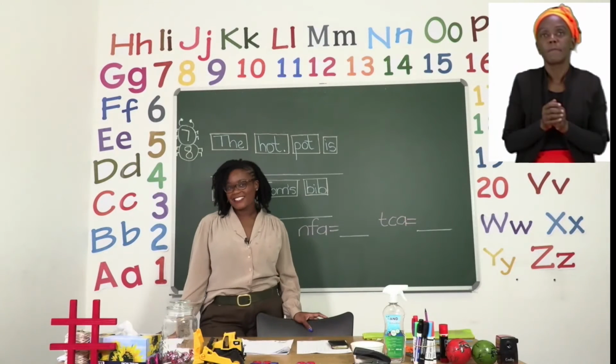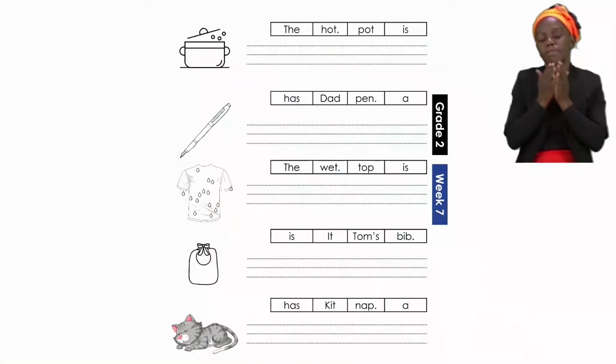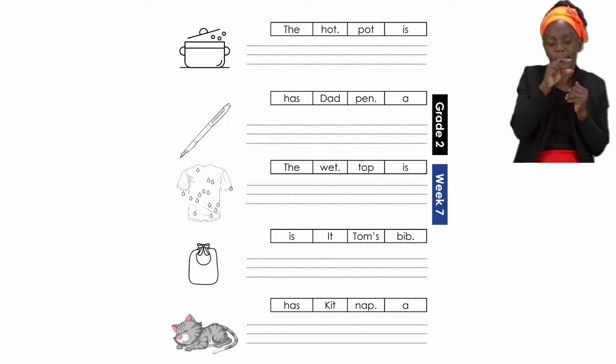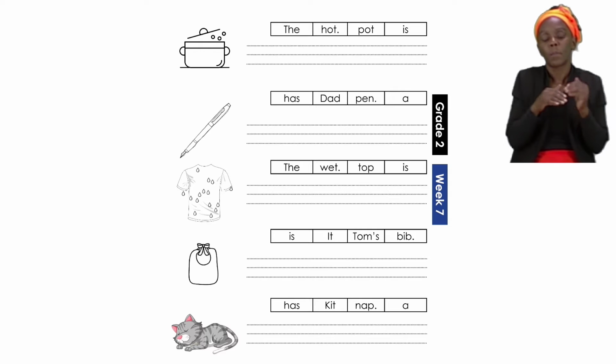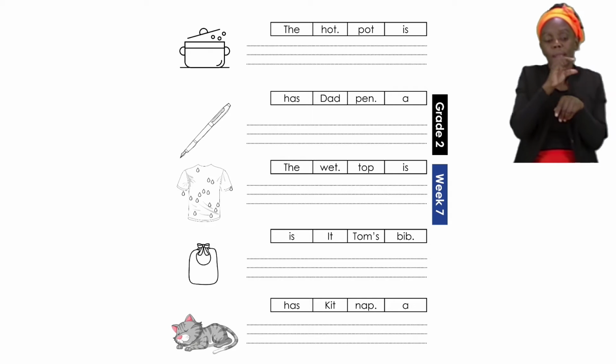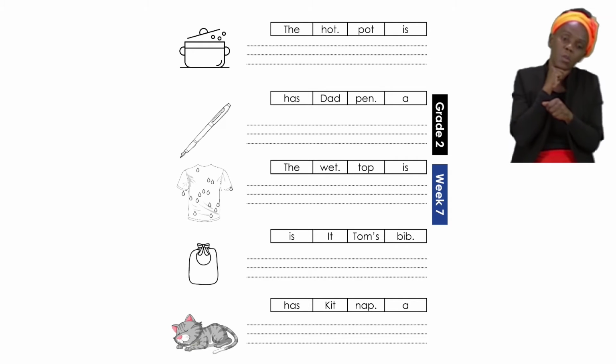For our next exercise, boys and girls, let's turn to page 7. On page 7, you can see that we are going to be doing sentence construction. Now, if we're doing sentence construction, that means we are building sentences. We have our building blocks that have been given to us, so it is our job to put the words in the correct order. Remember, letters make sounds, sounds turn into words, and those words help us make sentences.